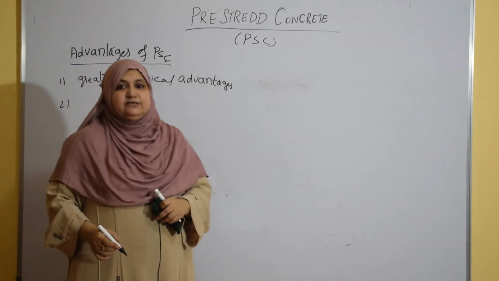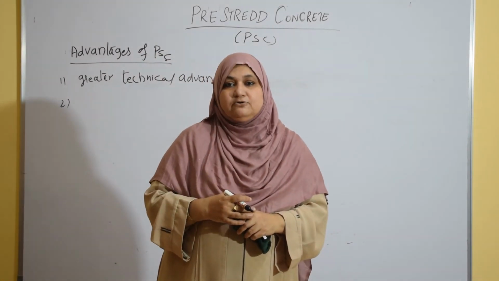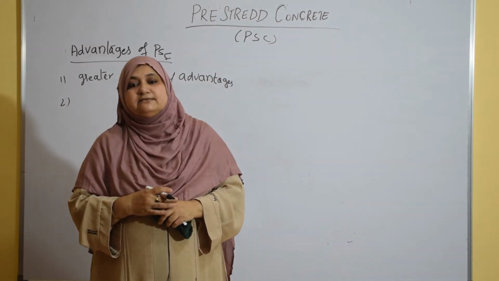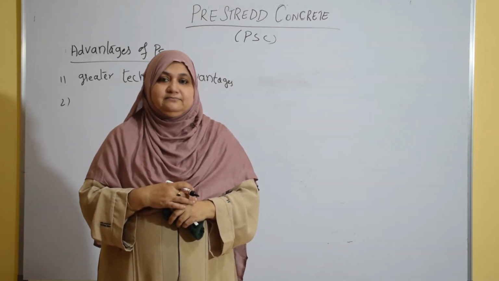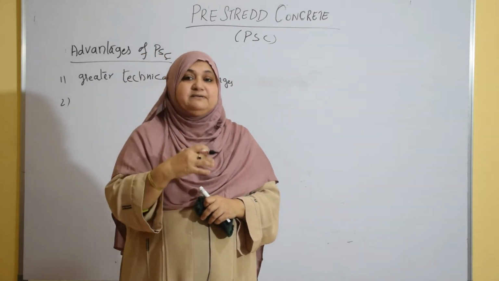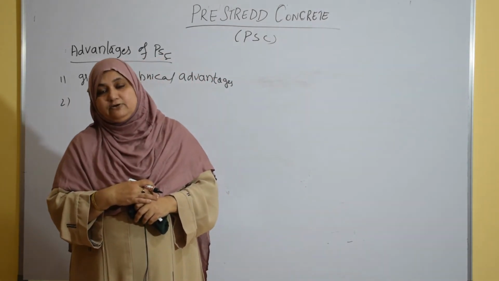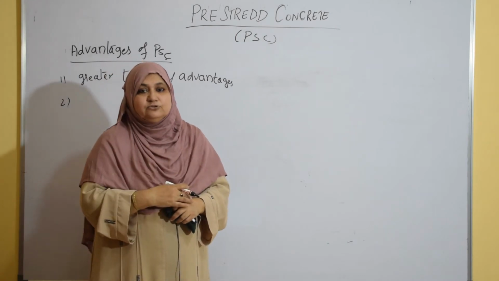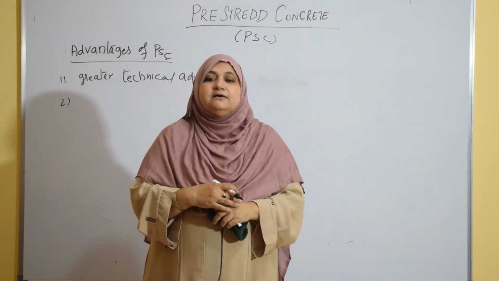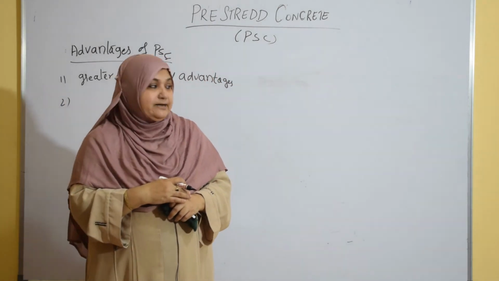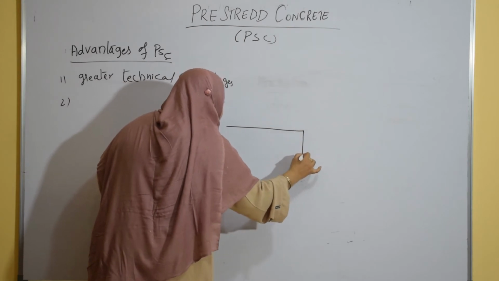Within certain limits, not completely, a permanent dead load can be contracted. Permanent dead loads will be the self-weight of the member. Contracted means can be reduced, not completely but to some extent. That is, within certain limits, a permanent dead load can be contracted by increasing the eccentricity of the pre-stressing force.